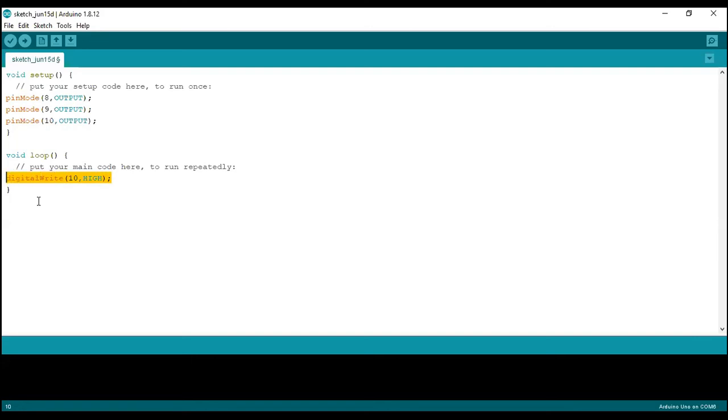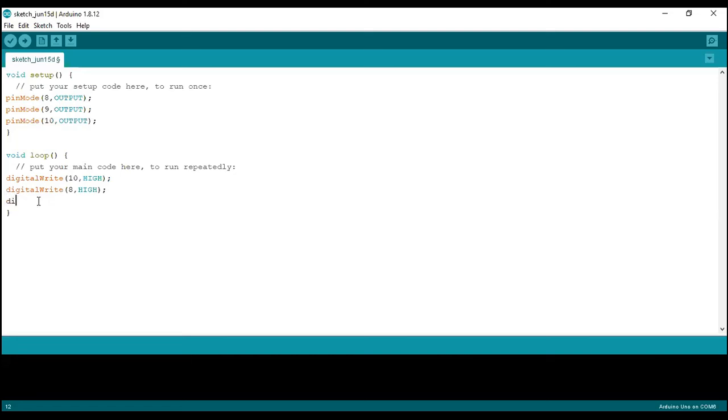Again type or copy paste the same line and then modify digitalWrite open bracket 8 comma HIGH. So this line will turn on the LEDs at pin number 10 and pin number 8. It means odd LEDs on.